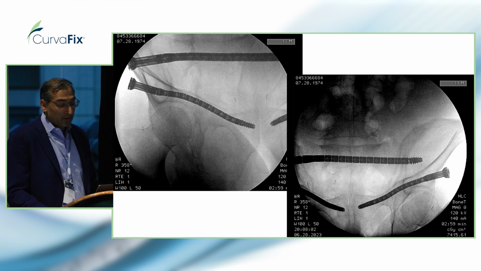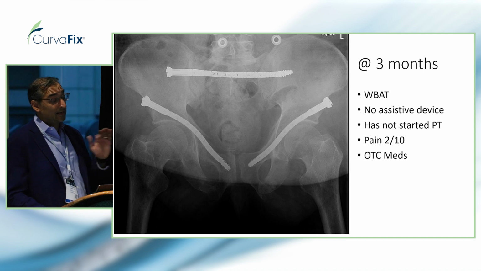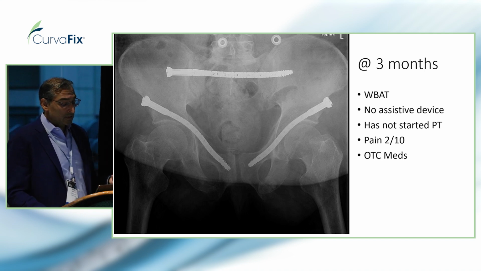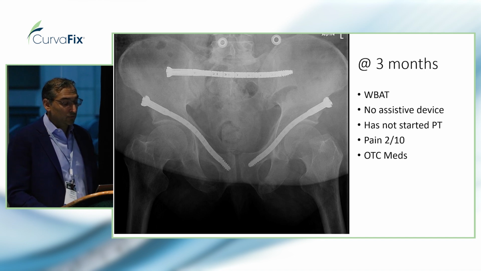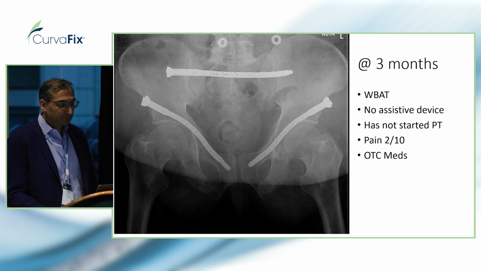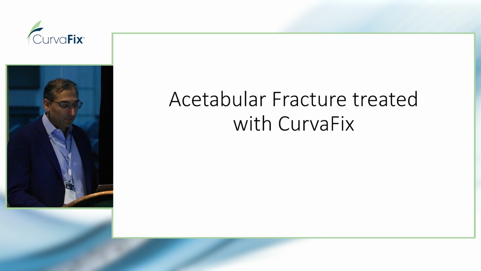I made him weight bearing immediately post-operatively, and this is him at 3 months. He's weight bearing fully. He's got no assistive devices. He hasn't done any PT, shockingly. His pain is 2 out of 10, but he's just taking over-the-counter medications. So again, one of these situations where I didn't think an external fixator was a great idea, and getting him weight bearing was critical, especially with his body habitus. So those are the 2 high energy cases I'm going to share, and then I have an acetabular fracture that